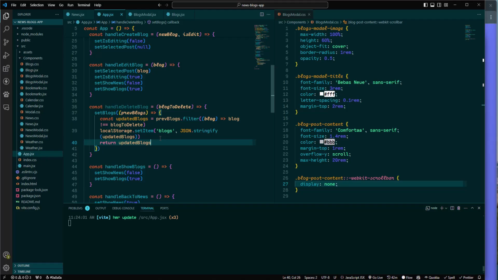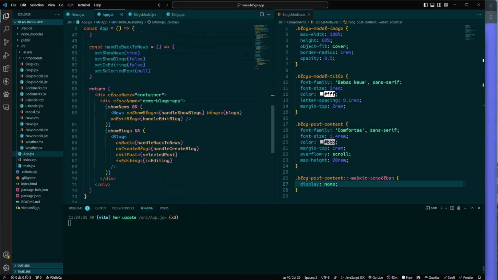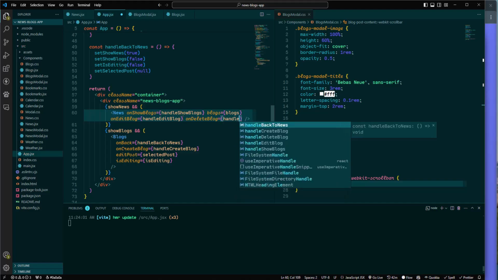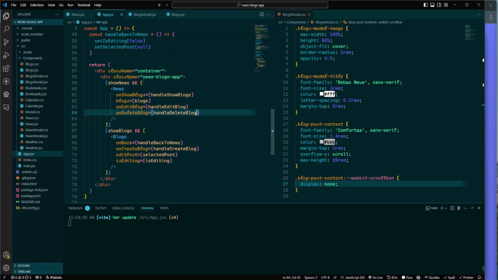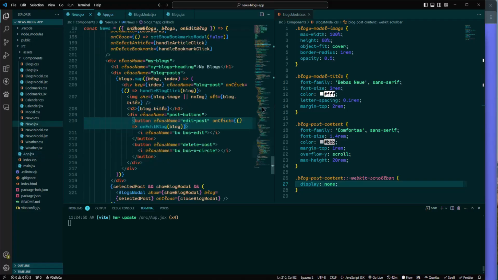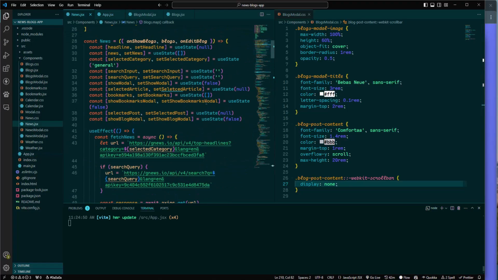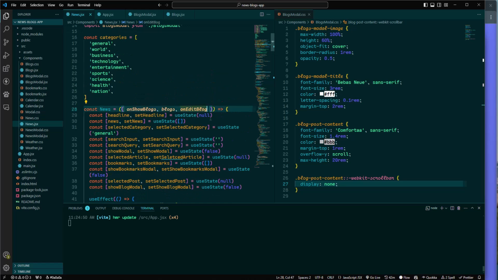Next, we have to pass this function to news component as a prop. So down below, we have to add onDeleteBlock, and it should be equal to handleDeleteBlock. Now we have to go to the news.js file, and we have to pass this function here as the prop. We need onDeleteBlock,